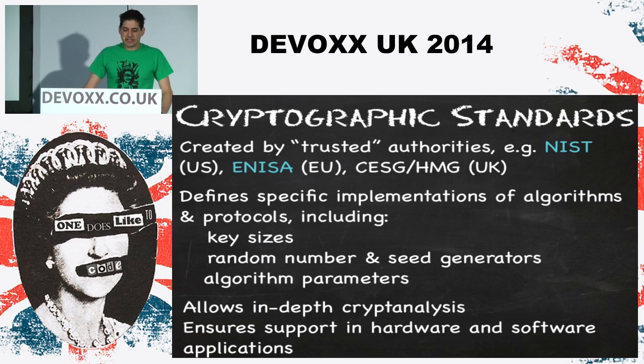Since we're talking about them here, and we're going to be talking about them later, they come from trusted authorities, maybe somewhat less trusted in the last year or so. People like NIST, the National Institute of Standards and Technology in America. They work very closely with the NSA when it comes to things like security. We've got ENISA in Europe, and locally we've got GCHQ, HMG, local government stuff. They all either have their own standard that they ask you to use, or they just agree on one of the other standards that someone else has published.